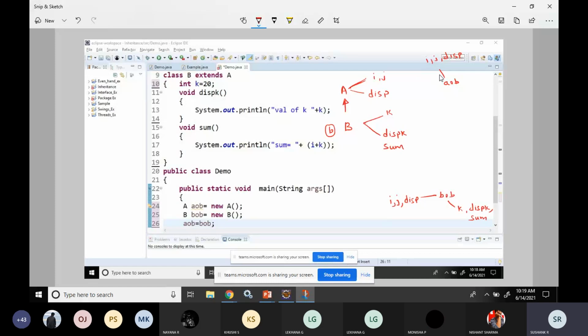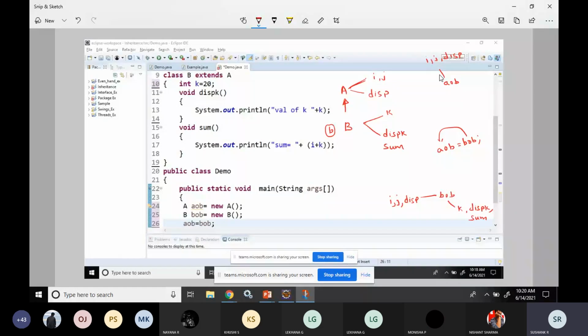But then I wrote a statement like this: I assigned the subclass reference to be contained in the superclass object.